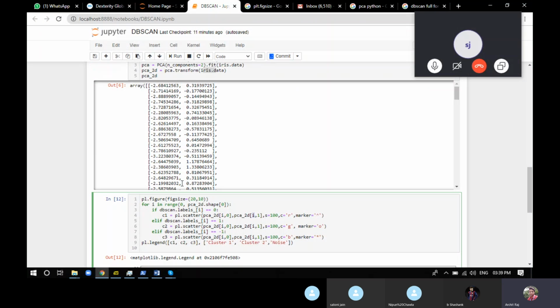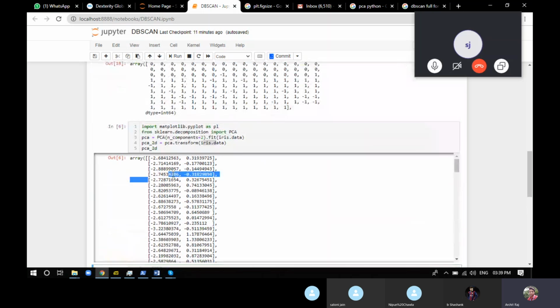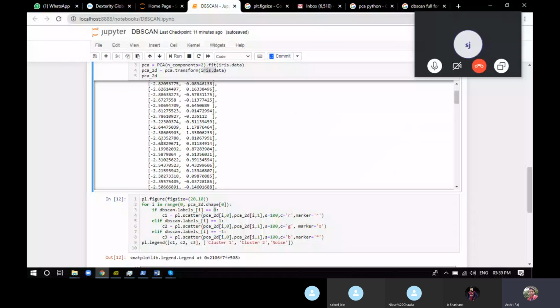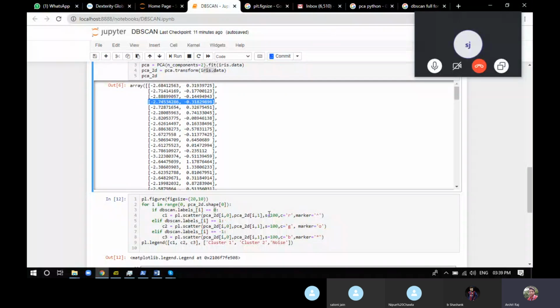So the outer array is this i, because we checked that this particular i has the label 0. We have to display this particular object. So PCA 2D i of 0 means the 0th index inside this i, which will be the first attribute, only this much. And PCA 2D i of 1 means the first index inside this array. That's how we specify 0 and 1, so that's how we specify the value of x and y.